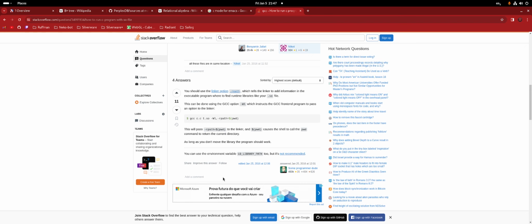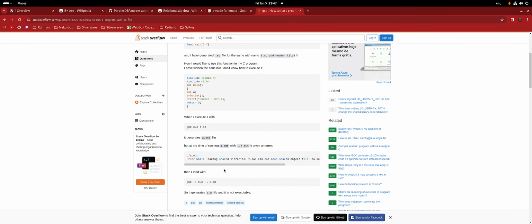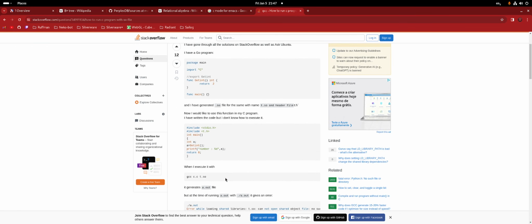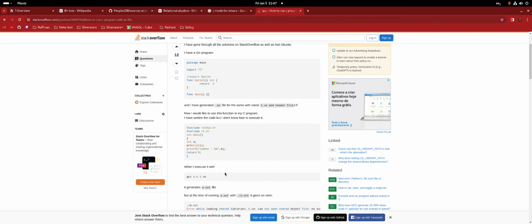Linker option -rpath, which tells the linker to add information in the executable where to find the runtime libraries like your SO file. I don't know, but that's not what I want actually. I don't want to compile it using it. I just want to make it.